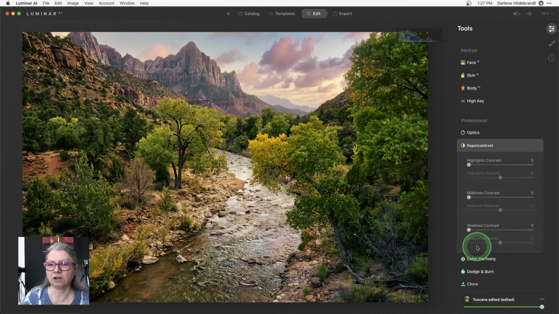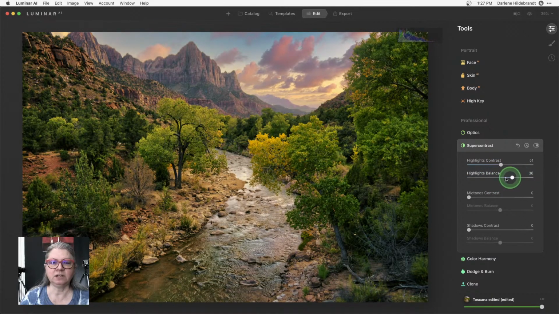Another tool that I use a lot in Luminar is this super contrast. This is under the professional tools, right? I'm going to adjust the highlight contrast. Now see what happened immediately is it pulled more color out of that sky, right? So I pull this one up to the middle, and then I just sort of see, okay, left is brighter, right is darker, and it's having a nice effect on the water as well.